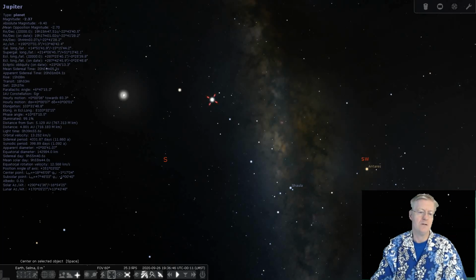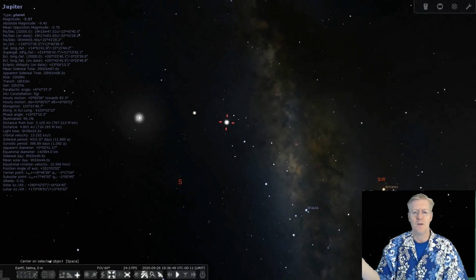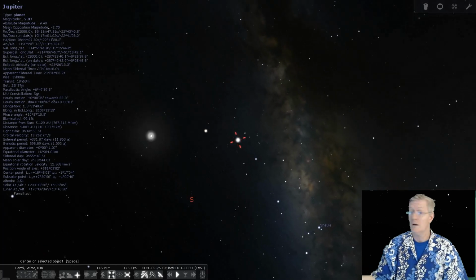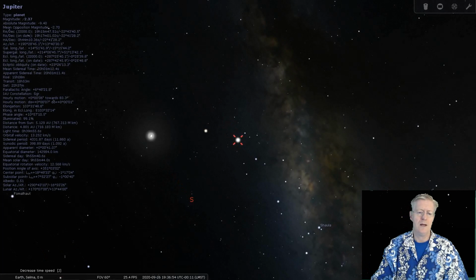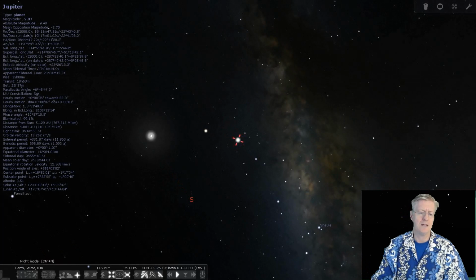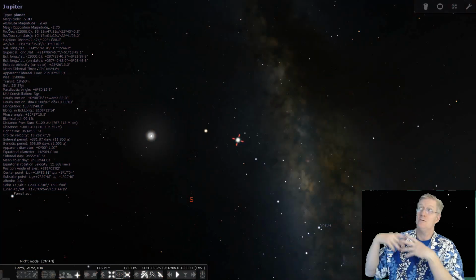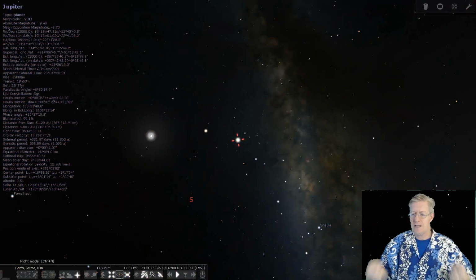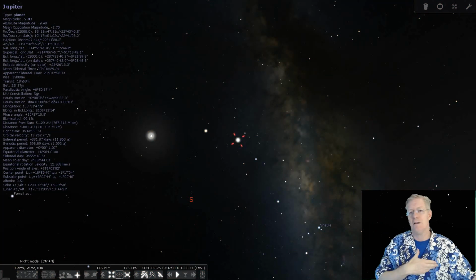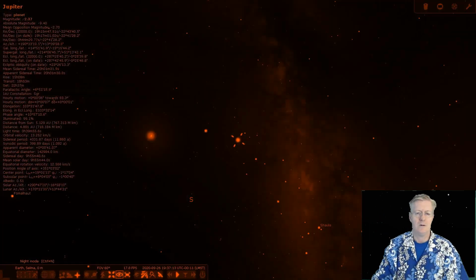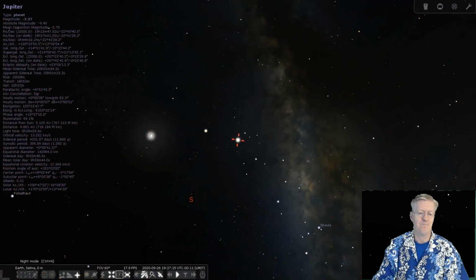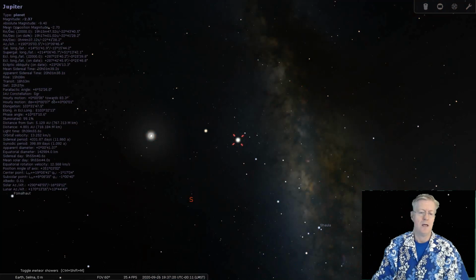We're going to center on Jupiter here. So I'm centering on Jupiter, as you see there. What we're going to do next is night mode. I'm just going to do it for a second here. There's night mode. It shades everything in red, and that makes it easier for you to see the object. So you have it on your tablet or maybe on a laptop, you're out in the wild, and well, night view is kind of neat.